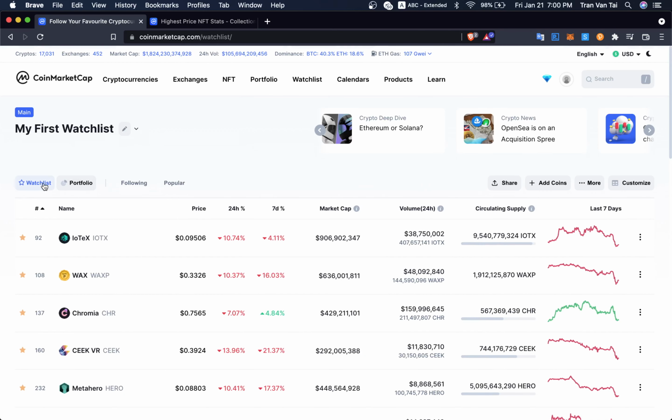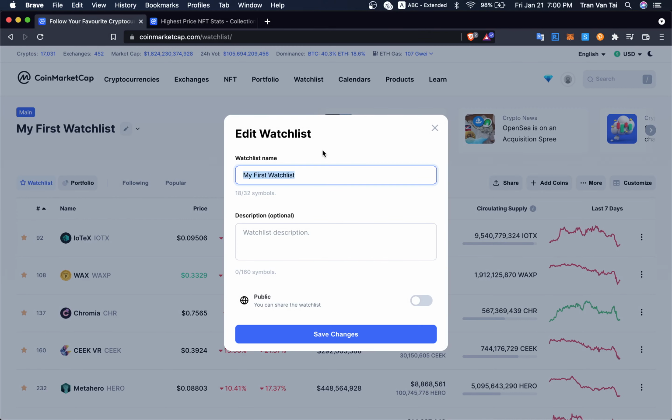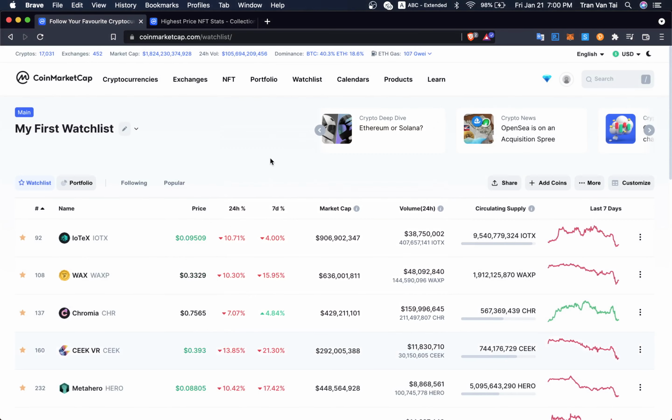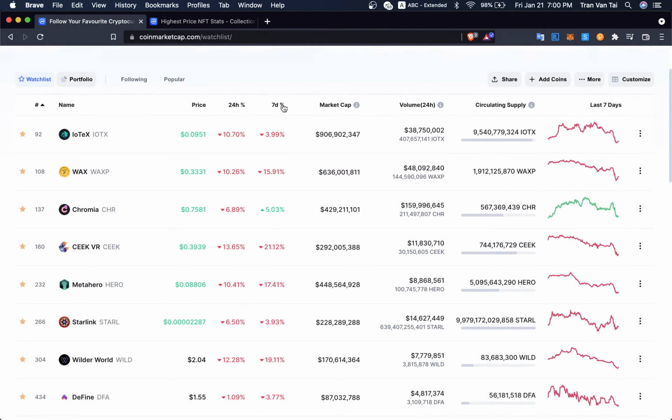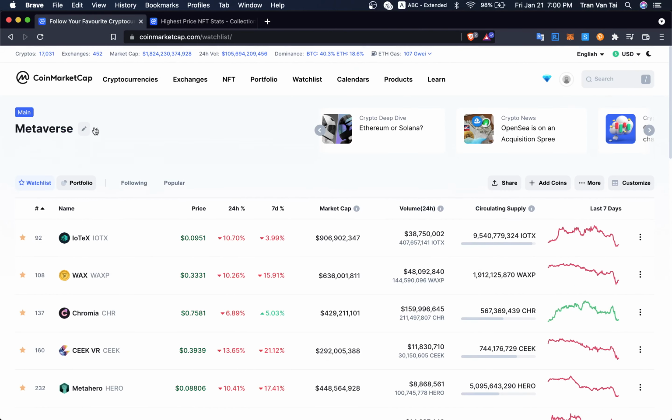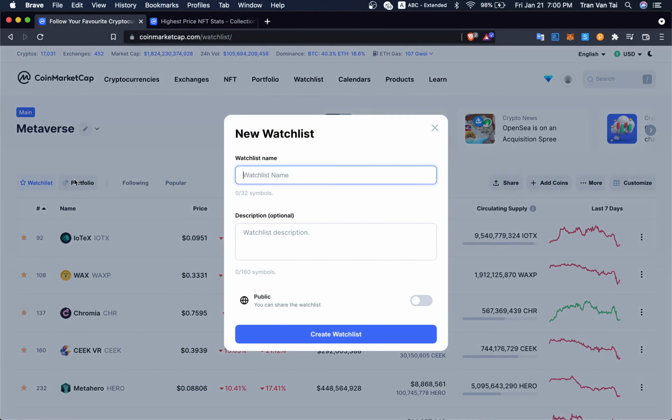For example, I created a watch list of metaverse here. So you see here, or you can create another watch list, for example, about blockchain or layer one blockchain. Layer one blockchain here,